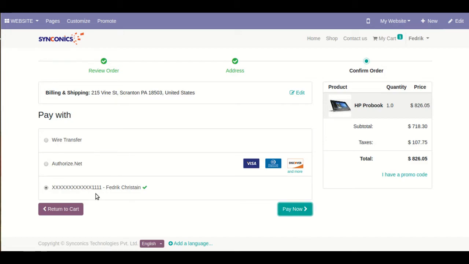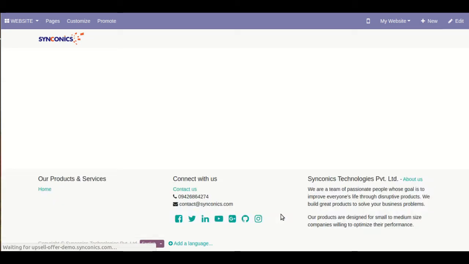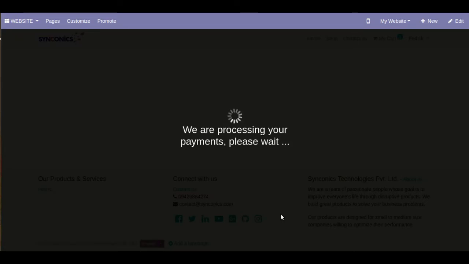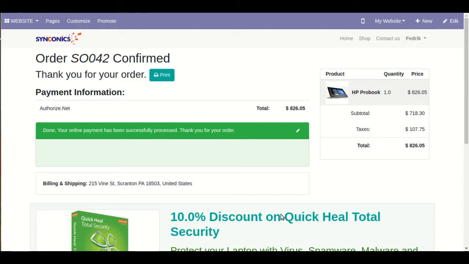This is an Authorize.net payment method, and credit card information is already saved over here. So I will pay with this credit card, and with this credit card I have paid for this sales order.